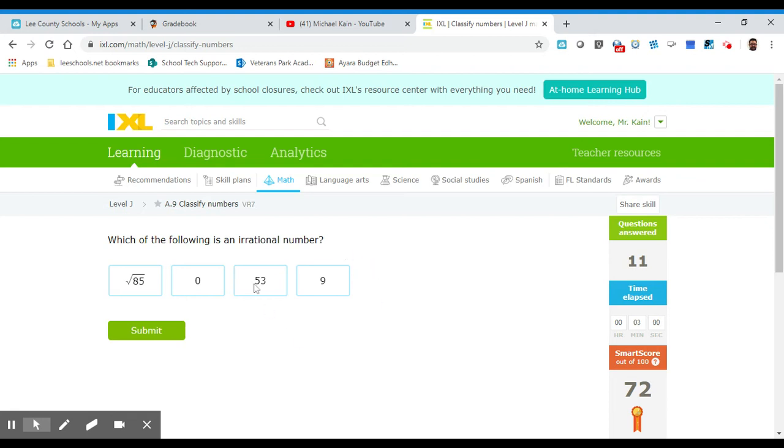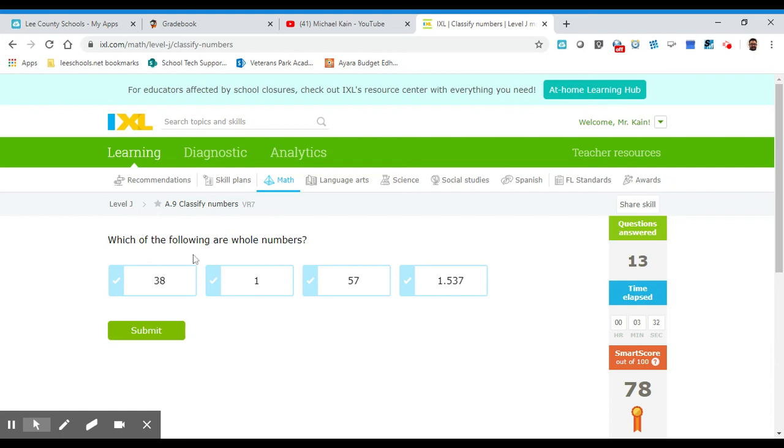Irrational. Okay, so irrational we haven't talked about yet, but irrational numbers are numbers that cannot be written as a fraction, and your choices for those are anything that's pi, anything that's not a perfect square, like square root of 85 is not a perfect square, and anything that never ends and never repeats. We call it non-terminating, non-repeating decimals. Okay. So is this rational? Yes, you can make it a fraction.